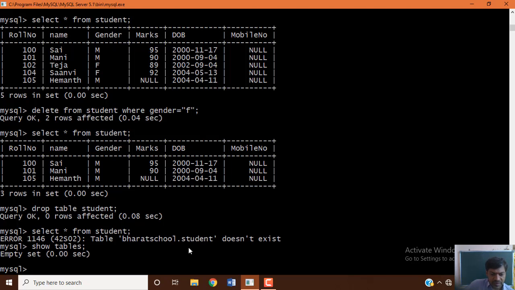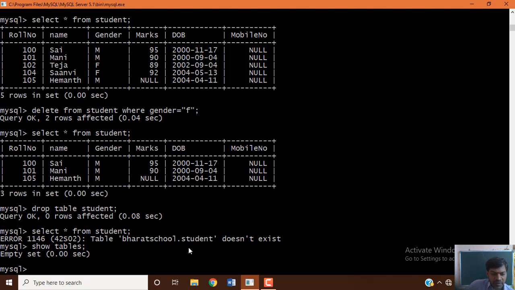So that is how creation of a table, inserting data, then retrieving data, updating your field size, renaming your field or column, adding a new column to your existing table, deleting one particular column from our existing table, and deleting records in a specific manner, you can perform.